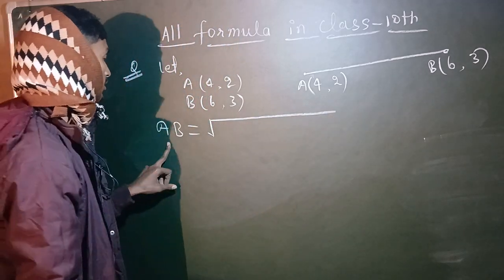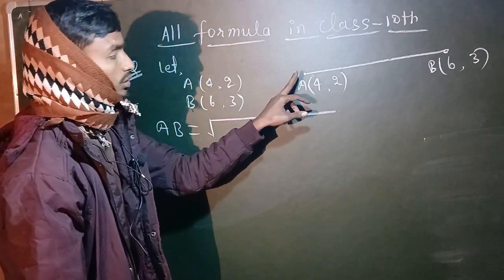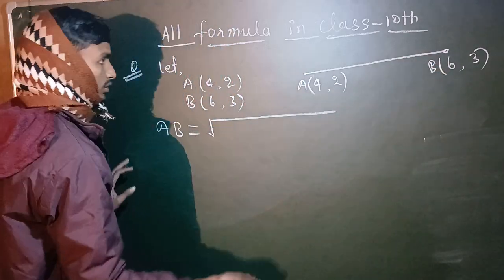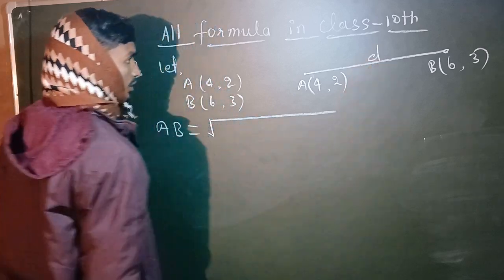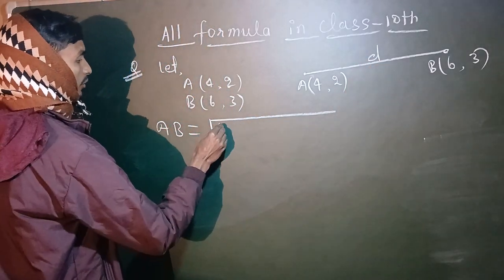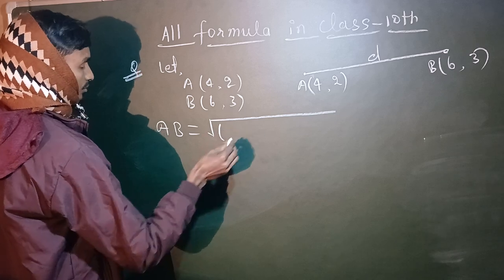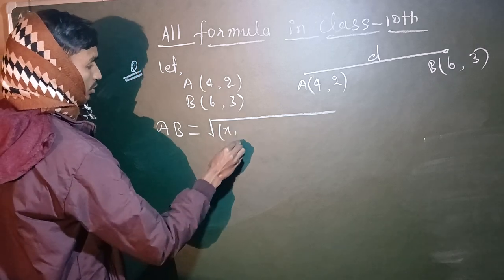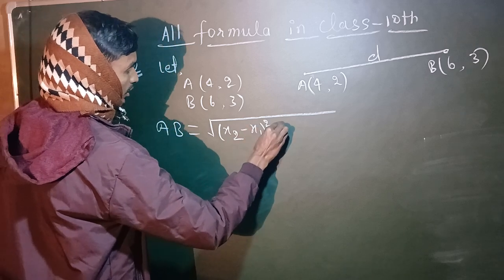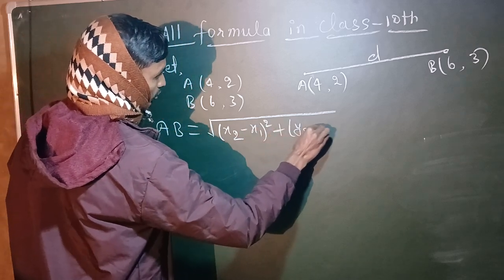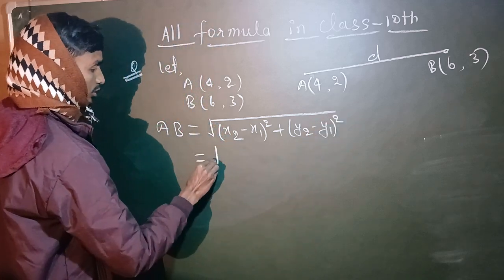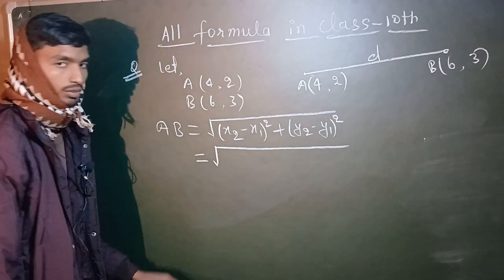AB is distance A to B, distance D. I will find x2 minus x1 का स्क्वायर प्लस y2 माइनस y1 का स्क्वायर इज इक्वल टू, पुट द वैल्यू